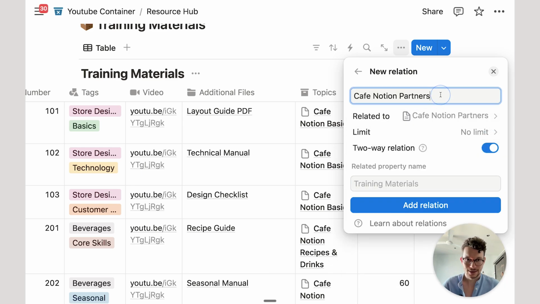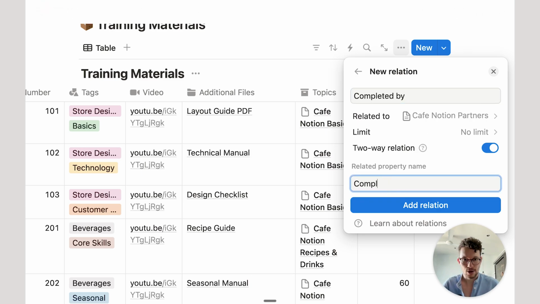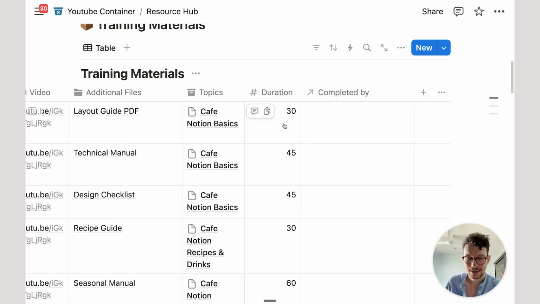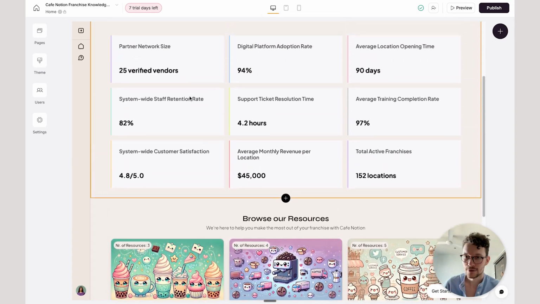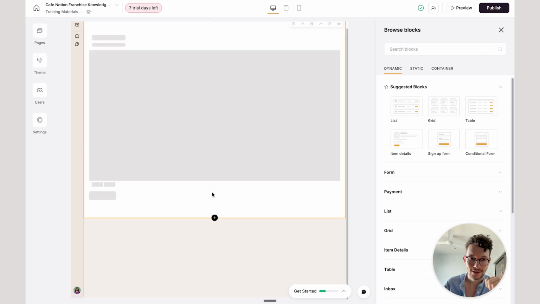And let's call this completed by, and let's call this here our completed lessons. Perfect. Now, what we can do next, we can go back to Softr, and in Softr, we can look for our details page for the individual lessons. And remember, we find that if we click under pages and then training materials details, that pulls up this page